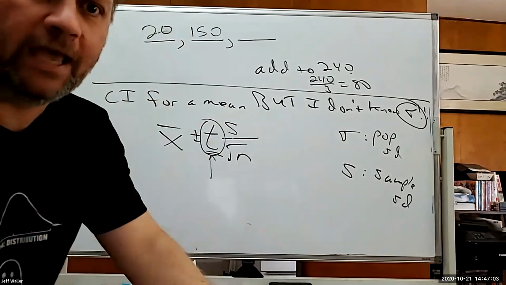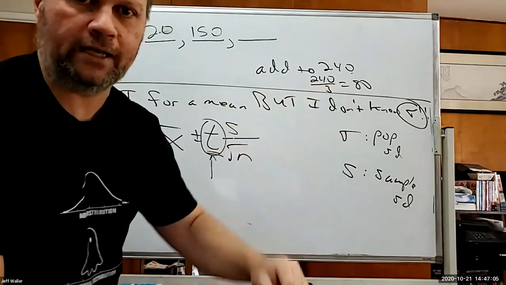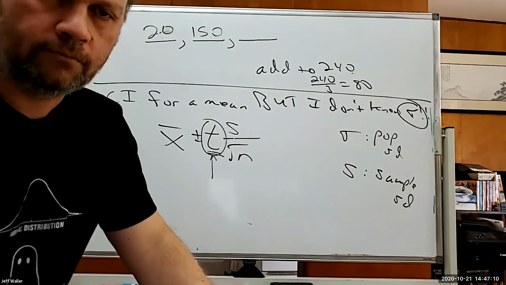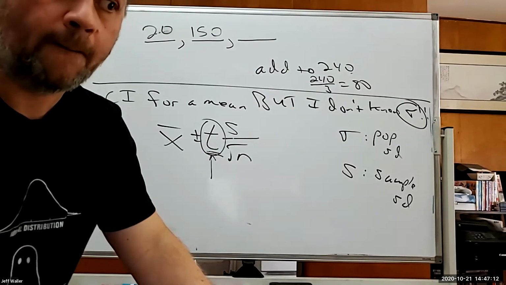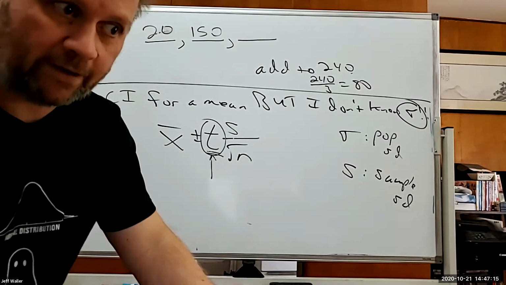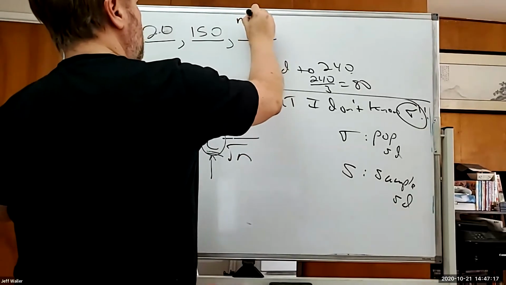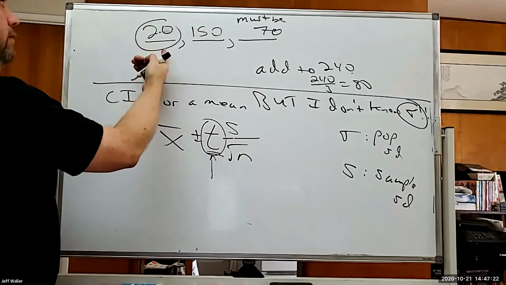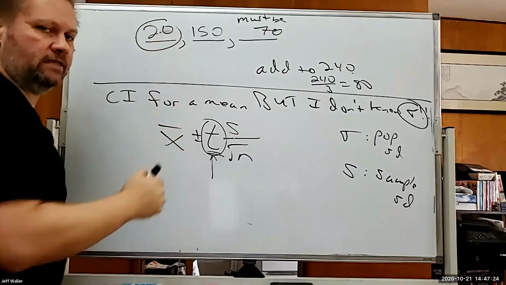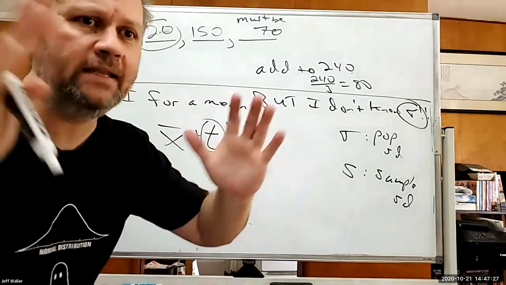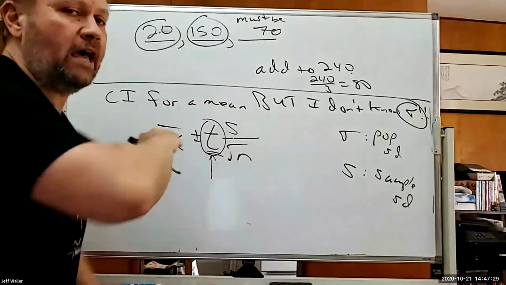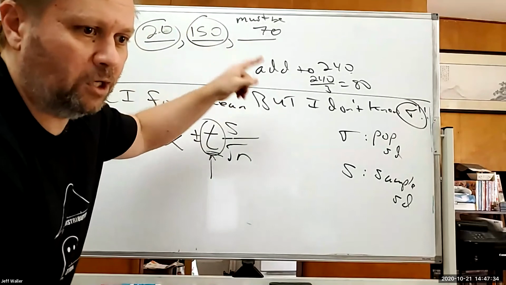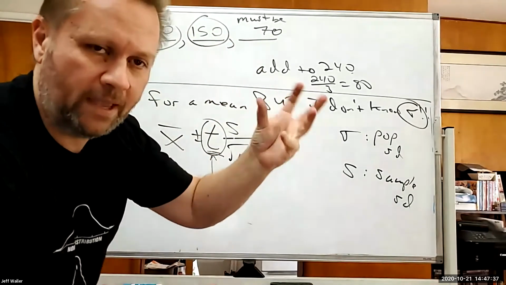But now, can I just make that last one up? Can I make the last one be anything I want it to be and still make the average 80? No, it must be 70. So I could have made this anything, right? I could have made it negative 18 billion. I could have made it any damn thing I want. And then this one, I could make that one anything. But the minute I get to the third number, it's the one that makes things work.